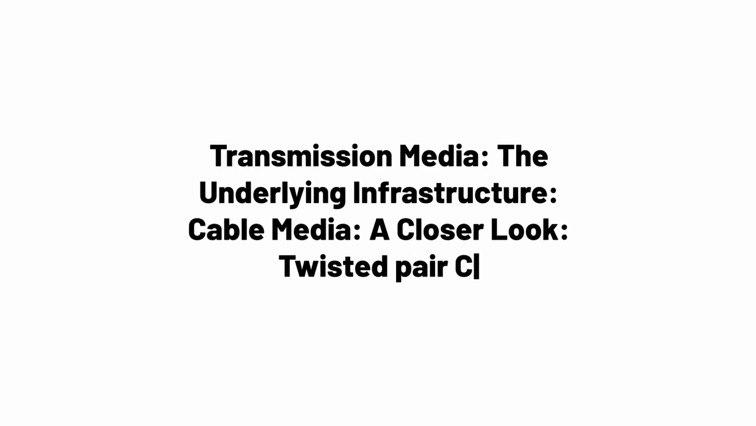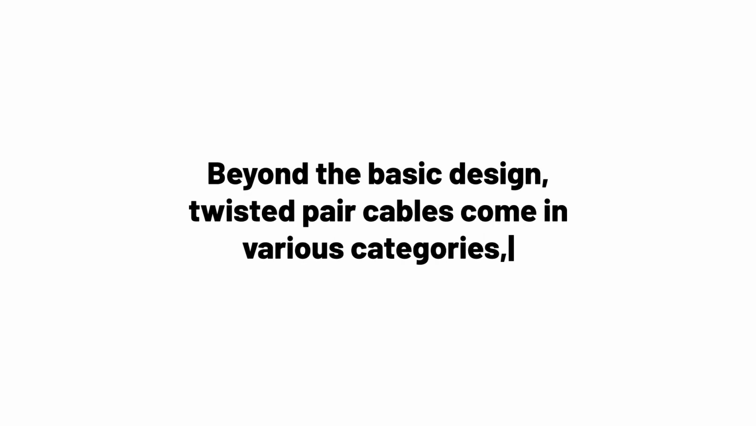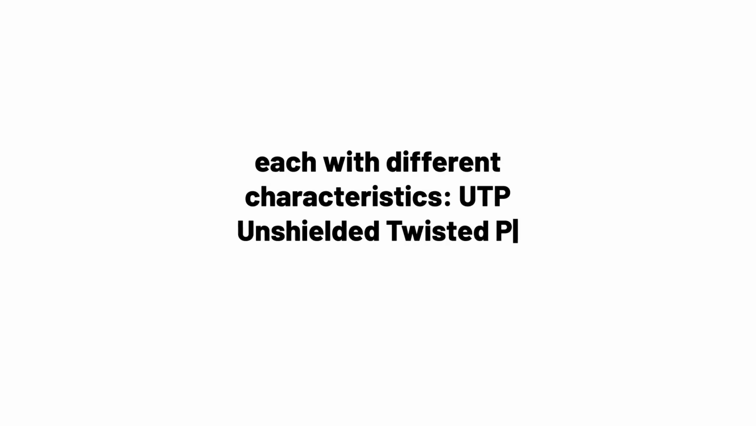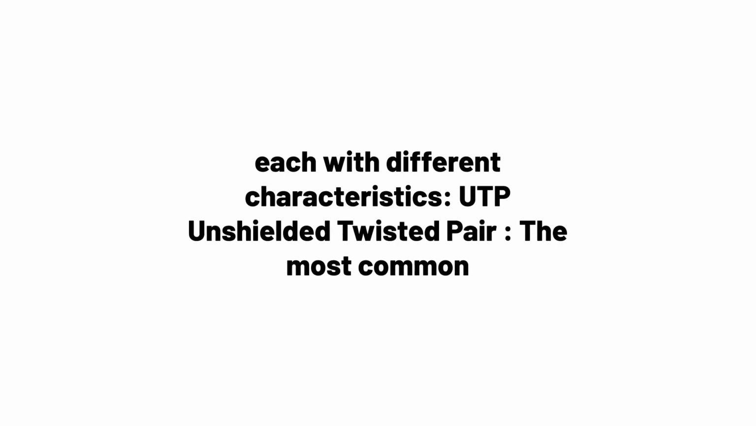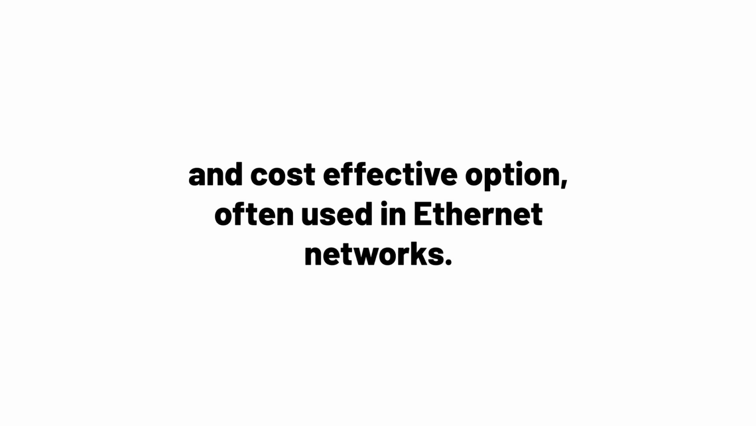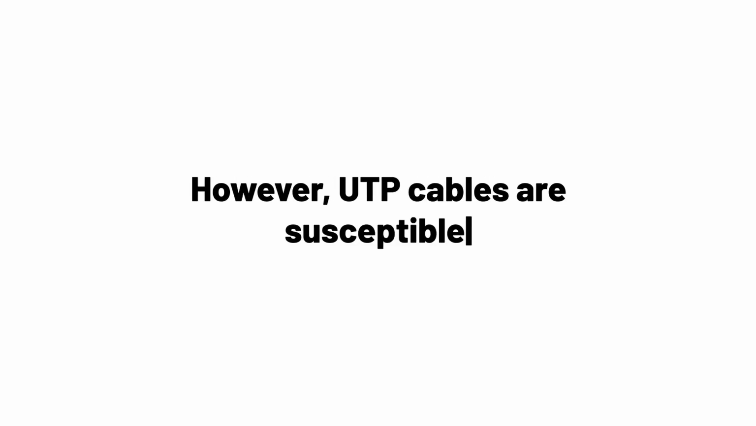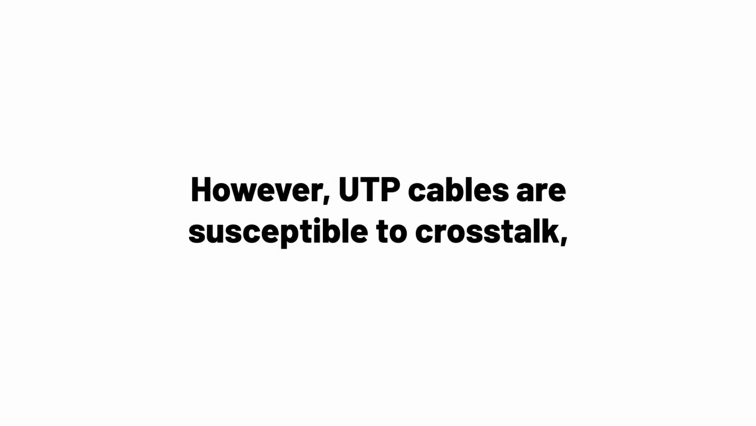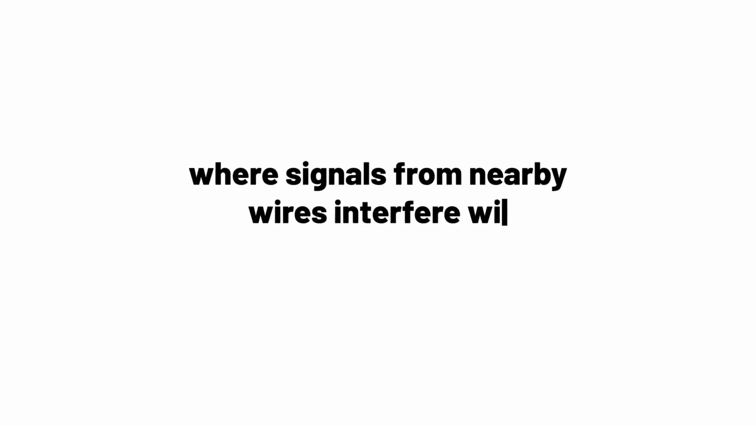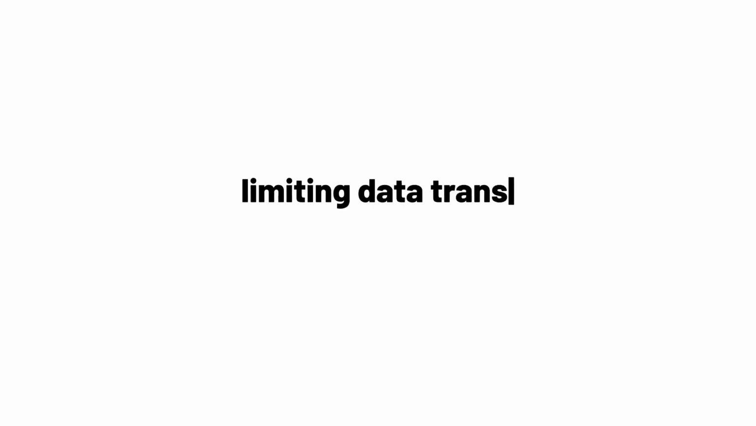Transmission media, the underlying infrastructure. Cable media, a closer look. Twisted pair cable. Beyond the basic design, twisted pair cables come in various categories, each with different characteristics. UTP, unshielded twisted pair, the most common and cost-effective option, often used in Ethernet networks. However, UTP cables are susceptible to crosstalk, where signals from nearby wires interfere with each other, limiting data transmission speed